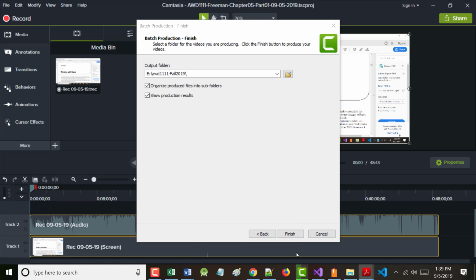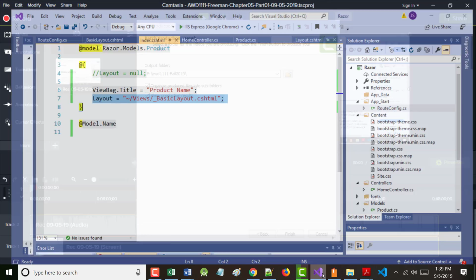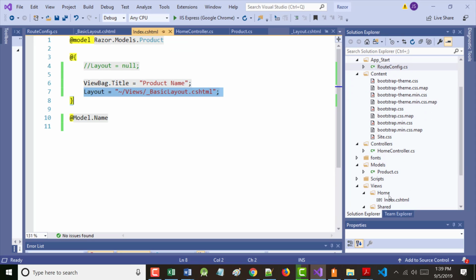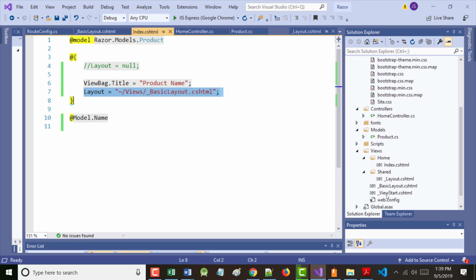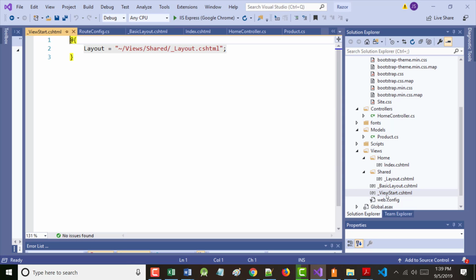Please look up on the screen here. Right now, our view start file says this, but there's absolutely no reason we couldn't change it so that it said ~views/shared/_basic layout.cshtml. All right. The other thing too that's not really mentioned in here, but I want you to know, you